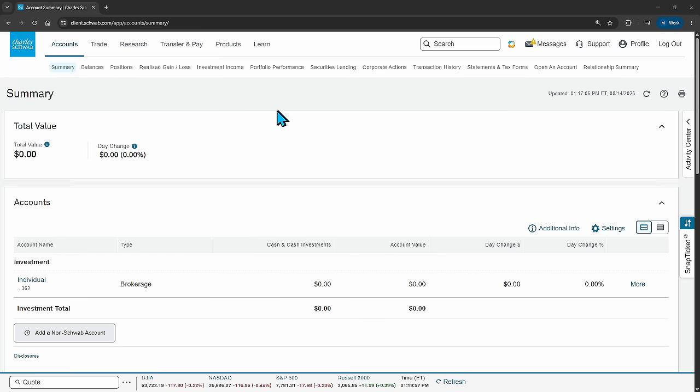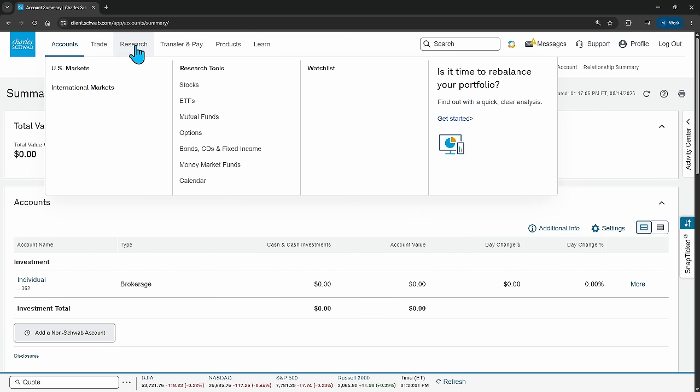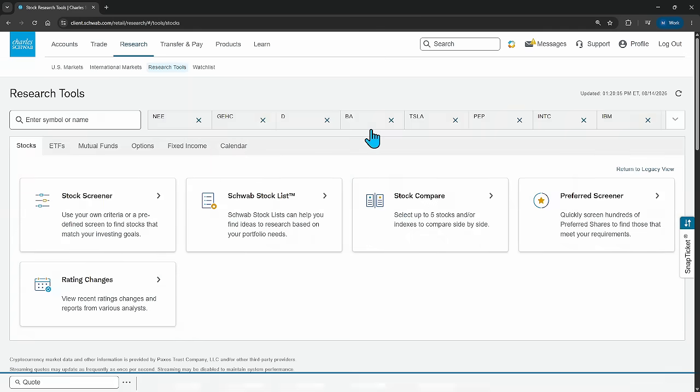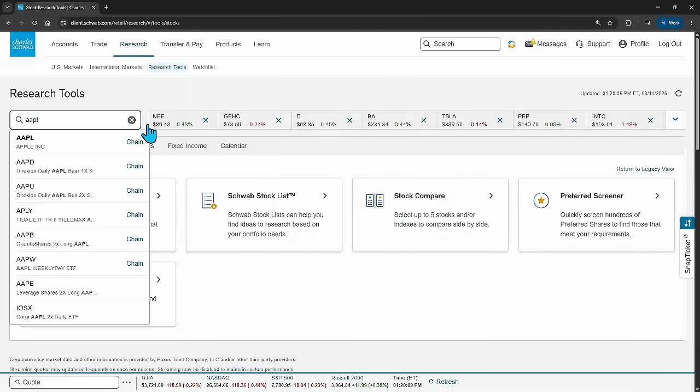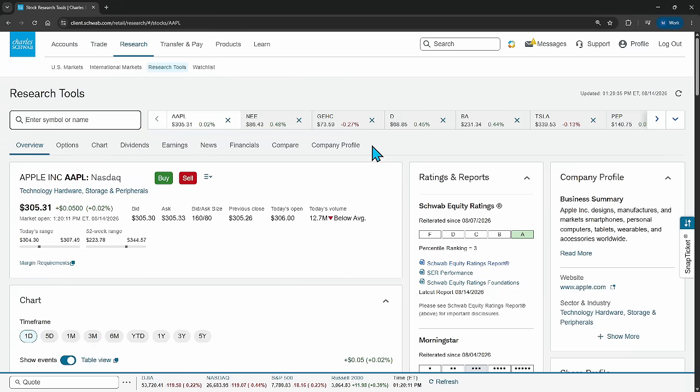So up top here, first thing I want to do is show you the new research dashboard tabs. So up top, I'm going to click on research. I'm just going to go to stocks here for now. And I'm going to throw in a sample example stock symbol here, just Apple here. All right, now you can see, and you might recognize this before, if you've been in here, you'll notice that